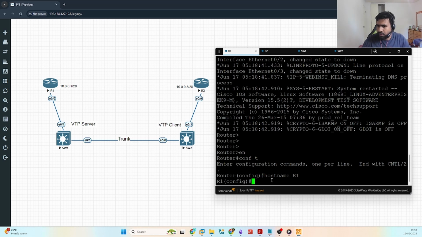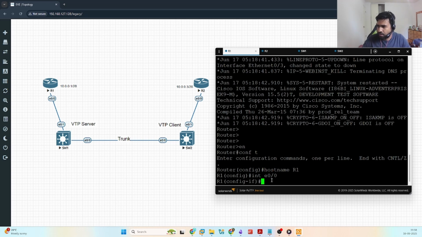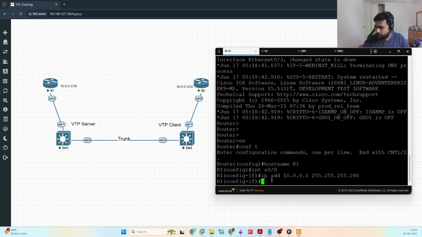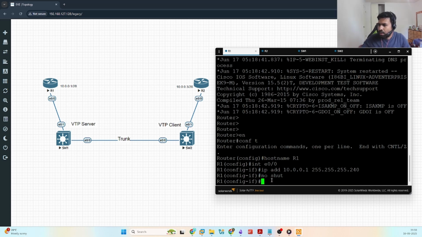We will select the interface E0/0, and we will assign an IP address 10.0.0.1 255.255.255.240, and no shutdown. Similarly,